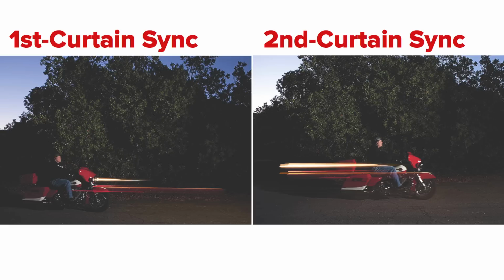So for instance here in these two demo shots, the shutter was 1/8 of a second. In the first image on the left, first curtain sync, the flash fires at the beginning of the 1/8 of a second. It locks in, basically burns in the motorcycle, shows you the bushes, but the sky in the background continues to burn because it's continuous lights, and the head and tail lights on the motorcycle continue to burn in. So on first curtain sync, when we have a longer shutter speed and a subject that's in motion with a light on it, it doesn't look normal. Those laser beams coming out of that motorcycle don't necessarily